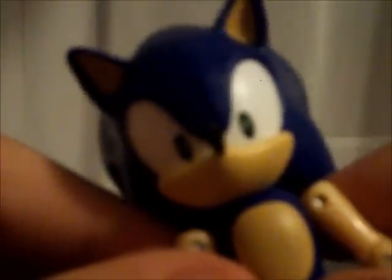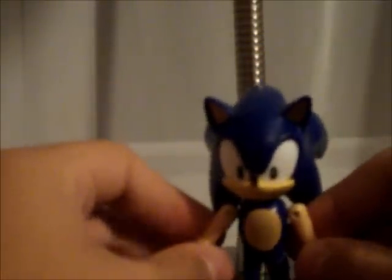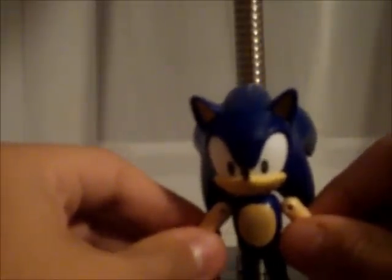A weird thing about this figure is that he doesn't have a mouth, and his eyes are pretty small, but that's alright. Lots of people complain about that, but I think that's fine, because in Sonic Colors, in the actual gameplay mode, he doesn't have a mouth programmed on him. His eyes do look a bit psychotic and weird, but I always liked Sonic figures that bring something different to